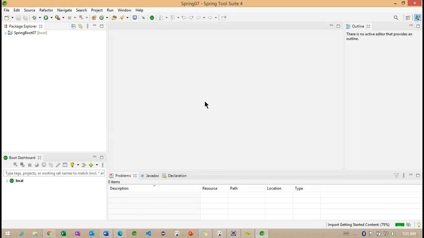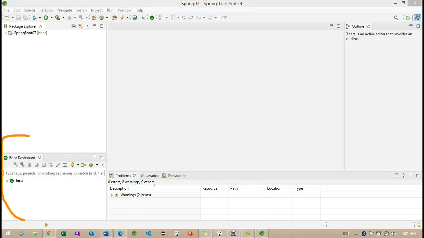Right. So this is the better option to work on the STS. You can identify STS also looks the same as Eclipse. Based on the Eclipse, they added some features that we are not able to see in the Eclipse, something called Spring Boot. Getting the point. This particular Spring Boot dashboard we are unable to see in the Eclipse.